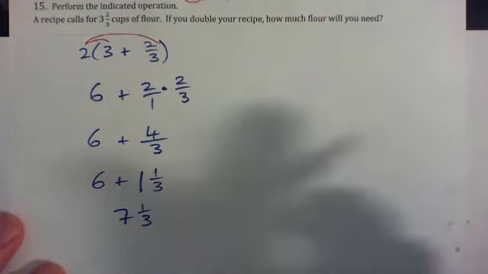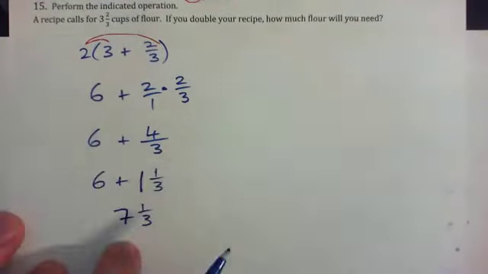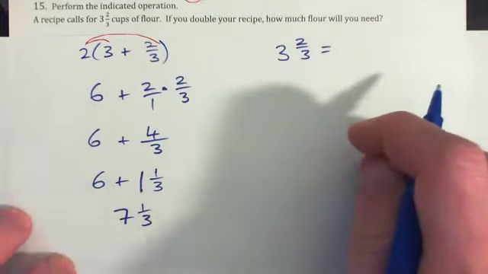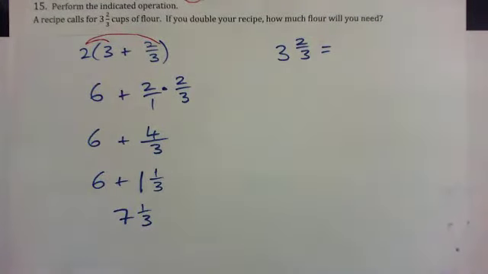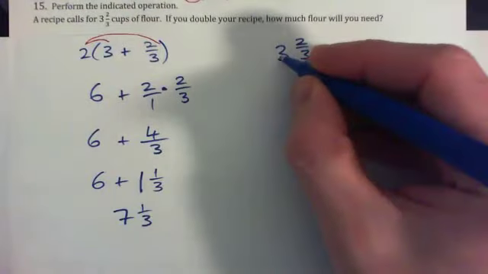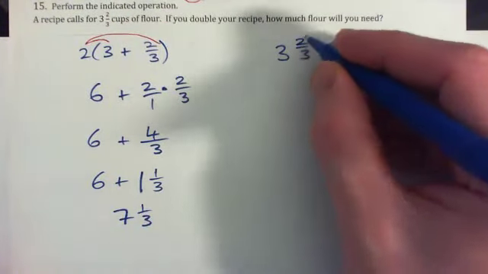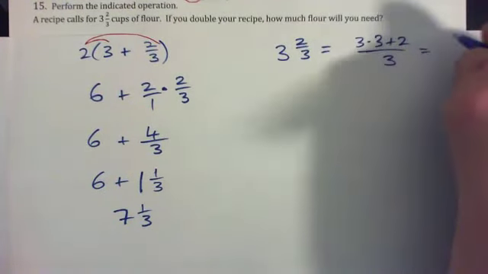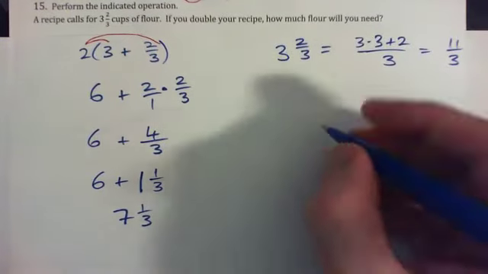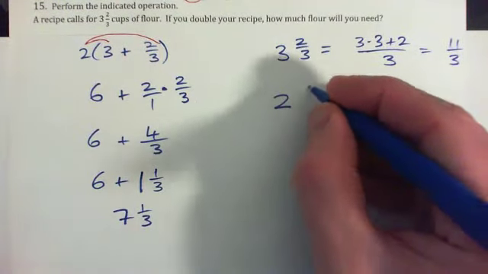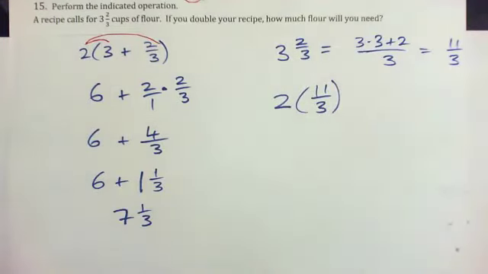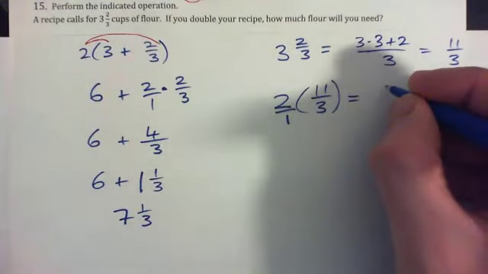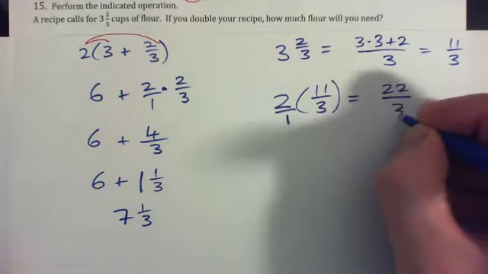There's another way of doing it. If we didn't want to use the distributive property, we could have converted the 3 2/3 into an improper fraction. Okay, what's that as an improper fraction? 3 times 3 is 9, right? 9 plus 2, so you go 3 times 3 plus 2 over 3, which gives 11/3. Okay? And so we could simply go twice 11/3, right? Which is like 2 over 1 times that, which gives 2 times 11, 22, over 1 times 3, 3,